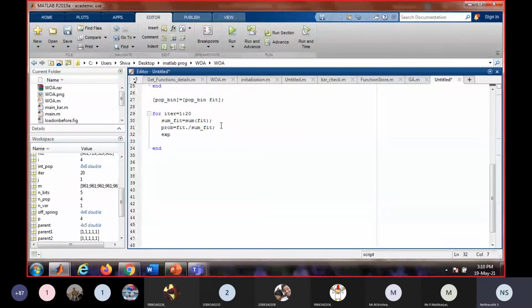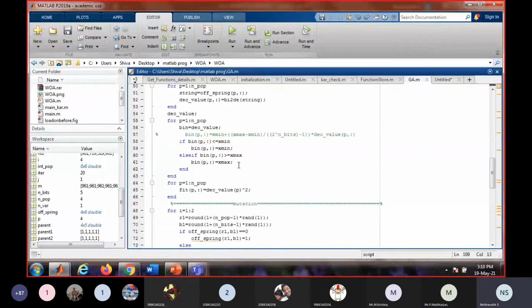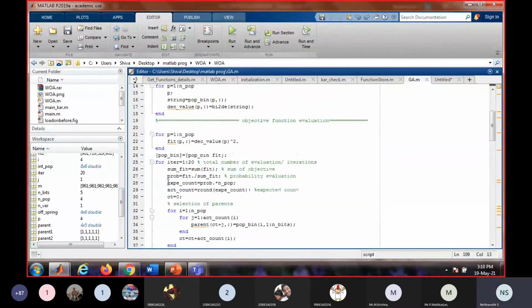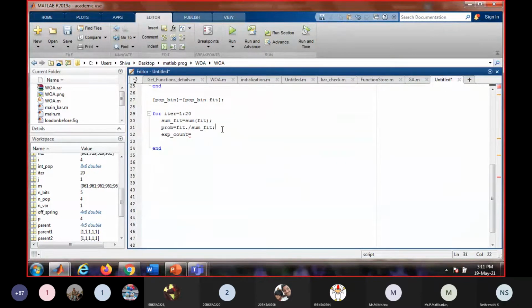Expected count is equal to, initially only we will round it off. Expected count is equal to, we have to find the average.